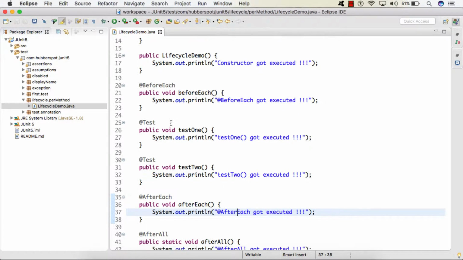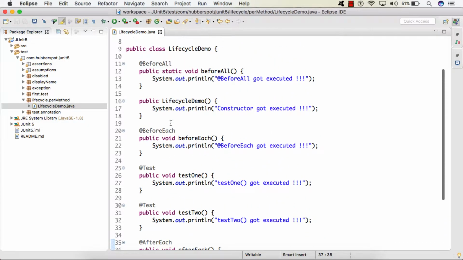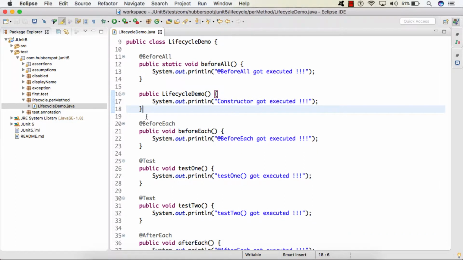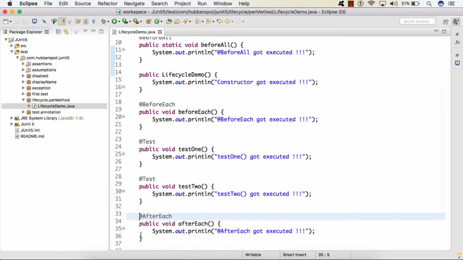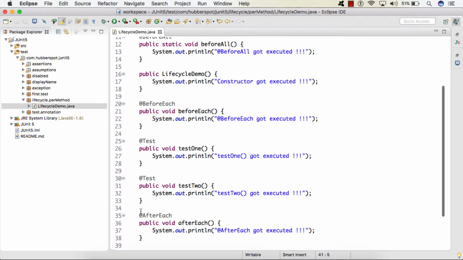So friends, here you can see what we have done: we have created two @Test methods, we have provided a constructor, and then we have provided the four lifecycle hooks, which are @BeforeAll, @AfterAll, @BeforeEach, and @AfterEach.